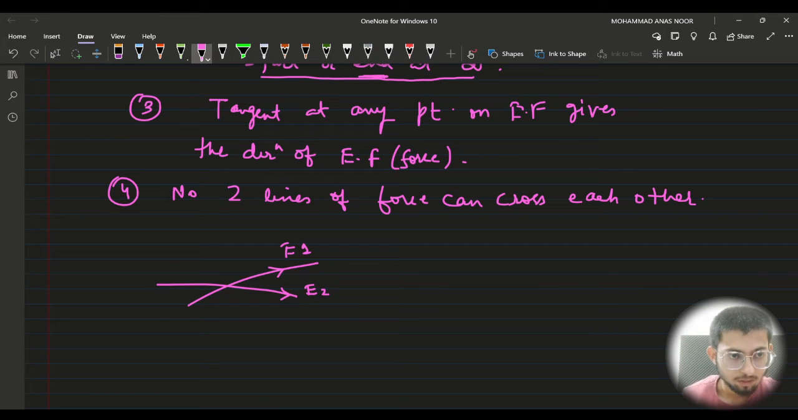Consider this point. At this point, the direction of the electric field would be the tangent direction. At this point, it will always be like this. But what happens at this point? At this point, you are getting an intersection, right? They are crossing. So the direction is in this way and also in this way. So if you put a positive charge Q naught here,